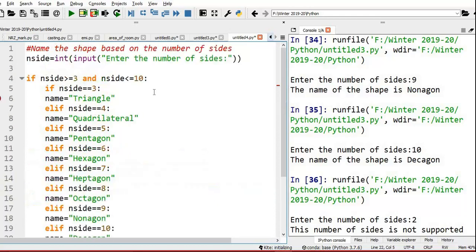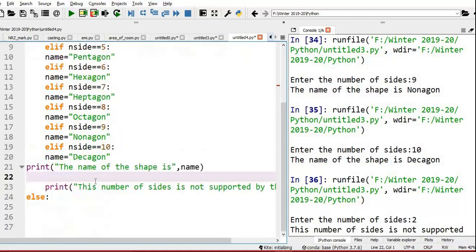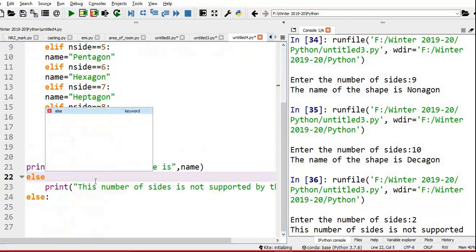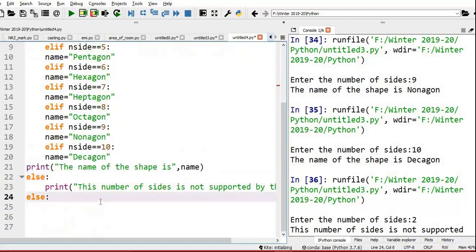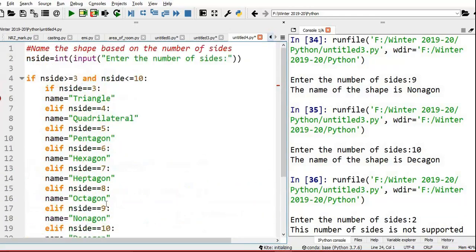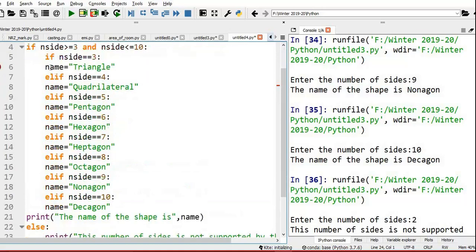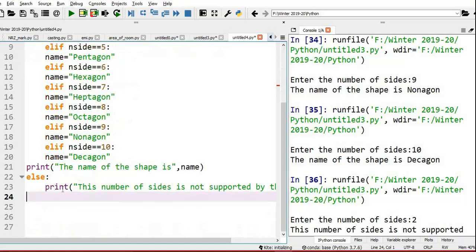Then for this if, I will add an else here. I think this will work. So if the number of sides is between 3 and 10, it will go here. Otherwise, it will print this number of sides is not supported by the code.